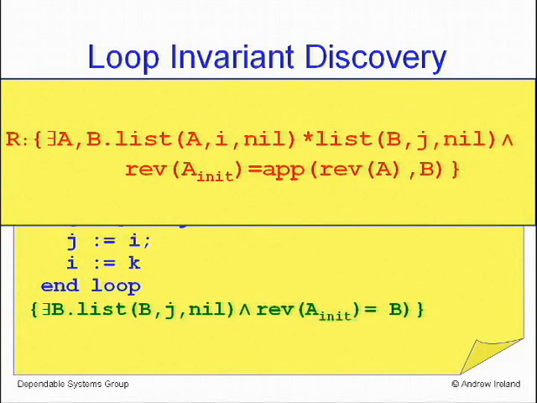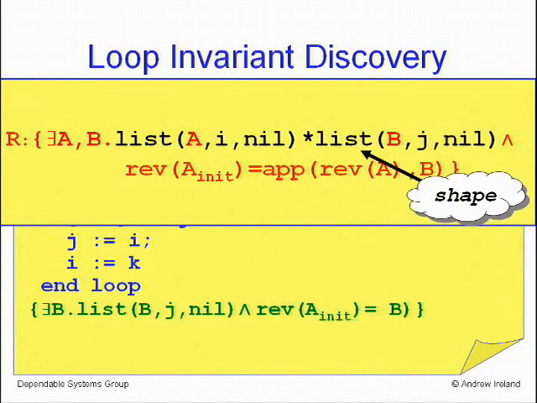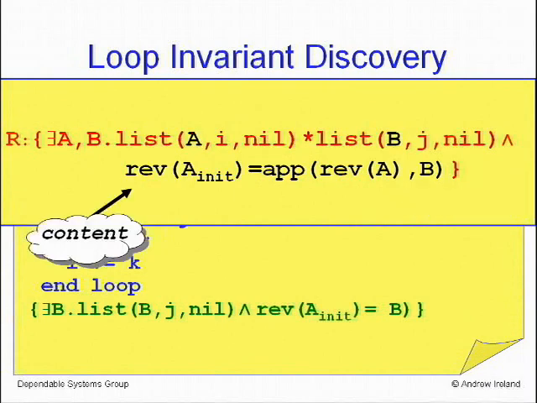And again, there's two parts to this. There's the shape part, which basically tells us that there's a list still pointed to by I and a list pointed to by J. So we're building up this result list B while we're going through the list A. There's also a content part. It's a sort of functional part. It's telling us that